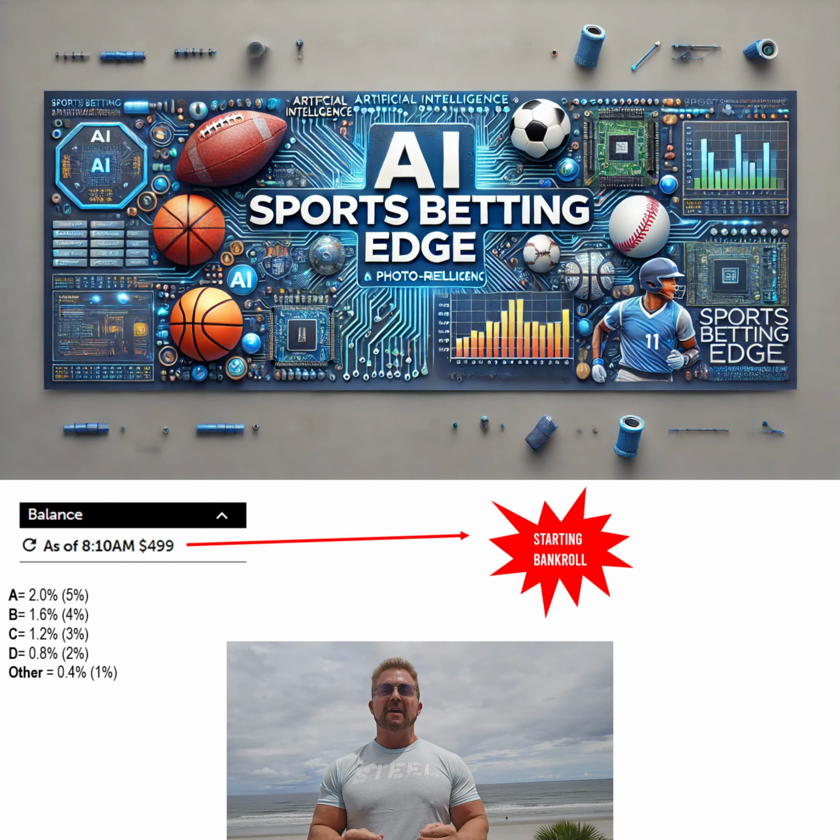Now I have a scale. I have an A, B, C, D, and then other bets. The A bets in horse racing, just 2%. In sports betting, 5%. Why more in sports betting? Well, in sports betting, typically you have just two teams, whereas in horse racing, you can have 12 entrants or 10 entrants or whatever. And also, and this might surprise some of you, but luck is less of a factor in sports betting than it is in horse racing.